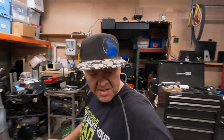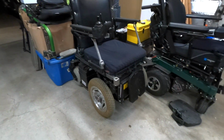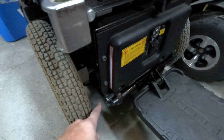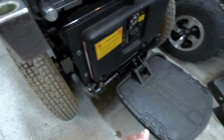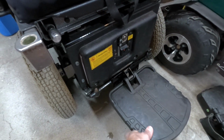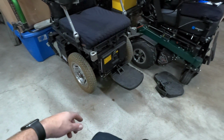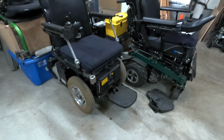All right, I think we're pretty much done. Here we have an omegatrac, and it has these convenient foot plates right here that just flip down. Ta-da! Now, I do still need to drill the holes here and put some mounting pins in, because this thing is just kind of sitting in here at the moment, but it will work for now. I'm gonna have to jack the thing up and take the wheel off, and it's gonna be a little bit more screwing around. I don't necessarily want to do that right now or even in the next couple of days,